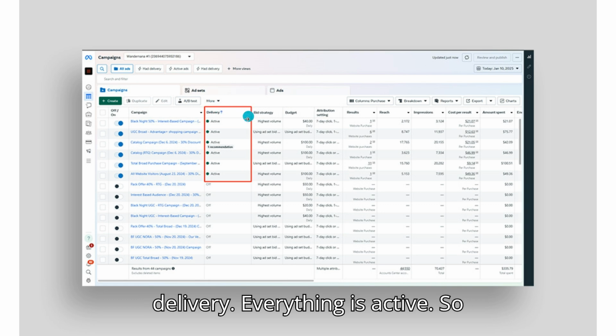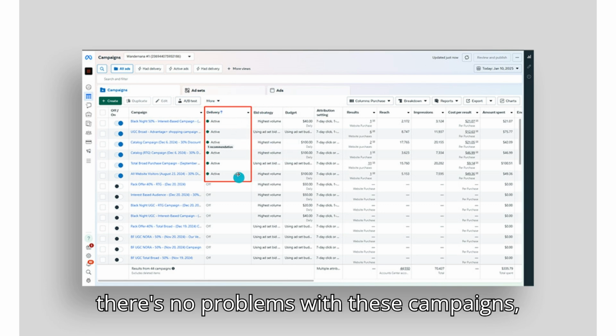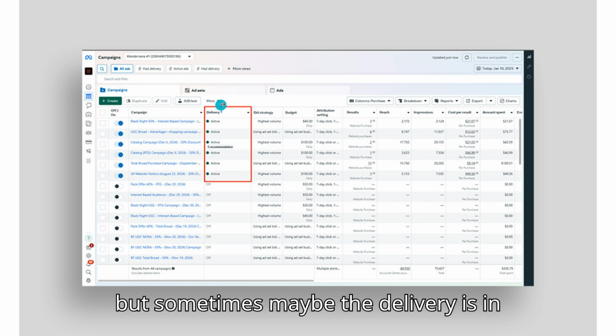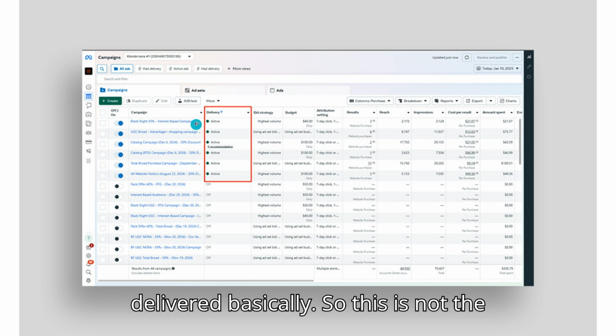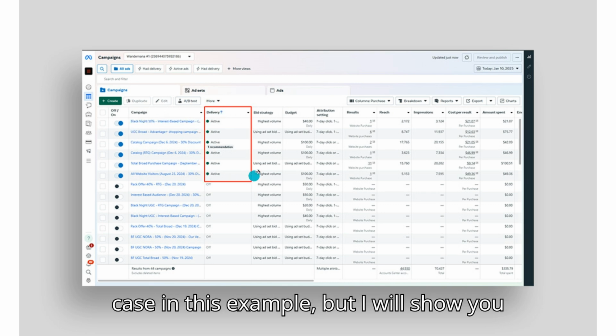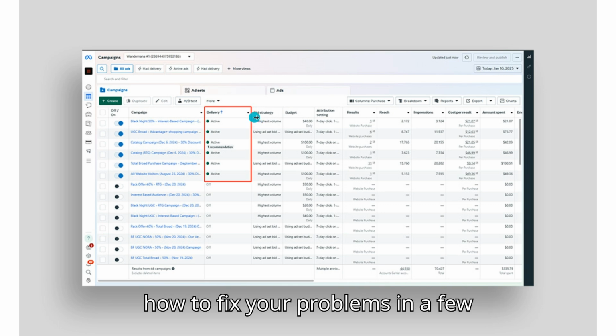Here for the delivery, everything is active. So there's no problems with these campaigns. But sometimes maybe the delivery is in review, for example, or sometimes the campaigns are not delivered, basically. So this is not the case in this example, but I will show you how to fix your problems in